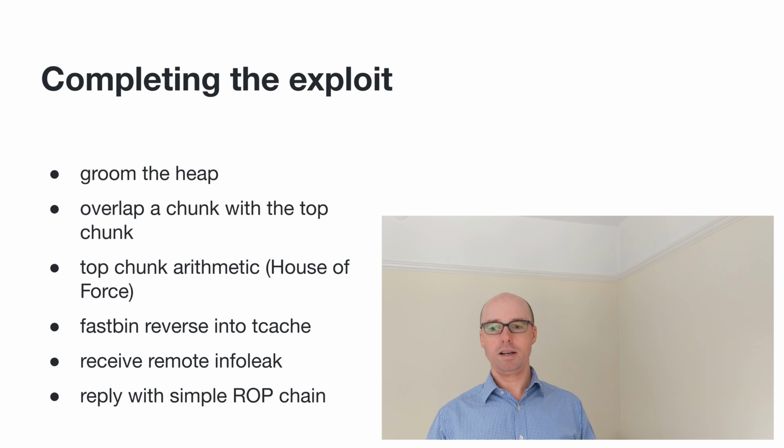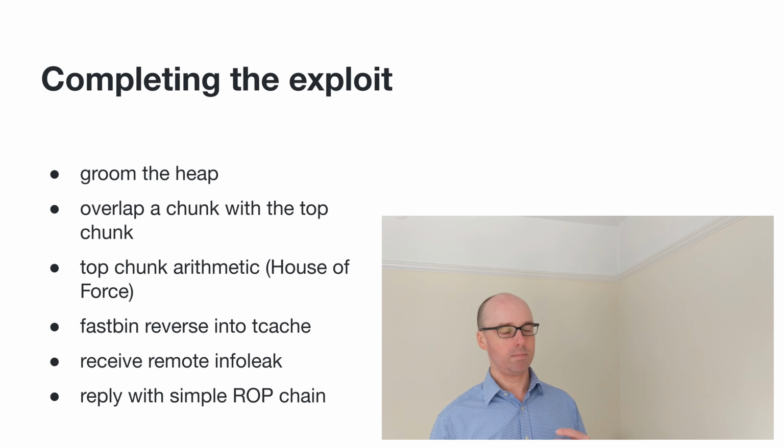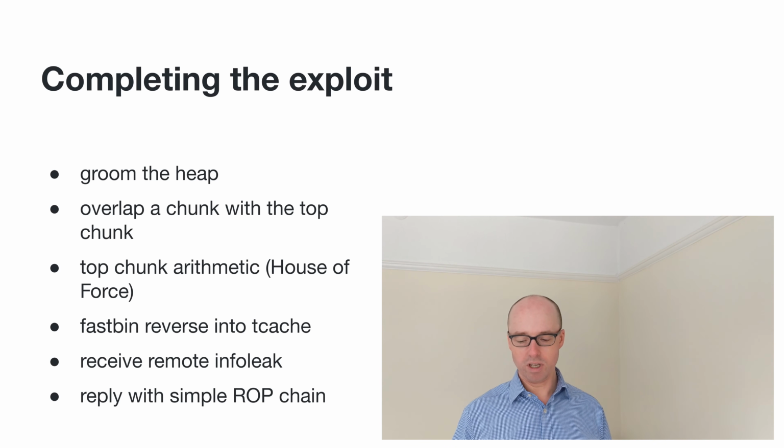Okay, so it's time to complete the exploit. This is still a little bit of a simplification of everything that happens during the exploit, but these are the major steps. So step 1 is to groom the heap. And so that memory leak that I mentioned to you earlier, where we allocate some memory and then forget to free it, it's really useful for that step of grooming the heap, because it's really important that there are no chunks in memory that are available to reuse. I need to be sure that when it allocates memory, it comes out of the top chunk in order to get a reliable exploit. So then I use the resizing chunks technique to create a chunk that overlaps with the